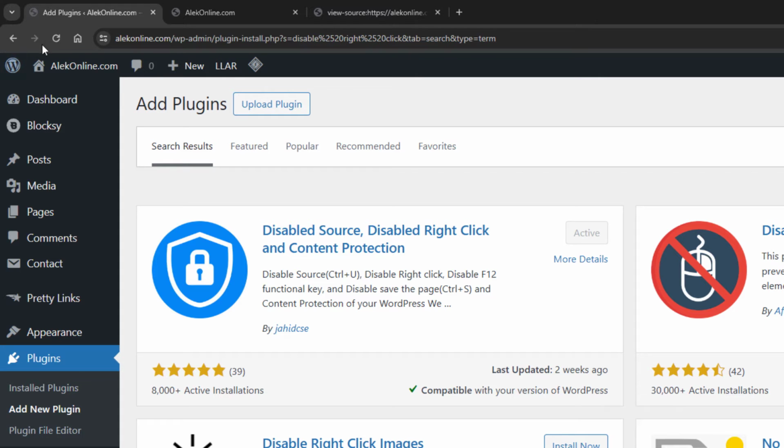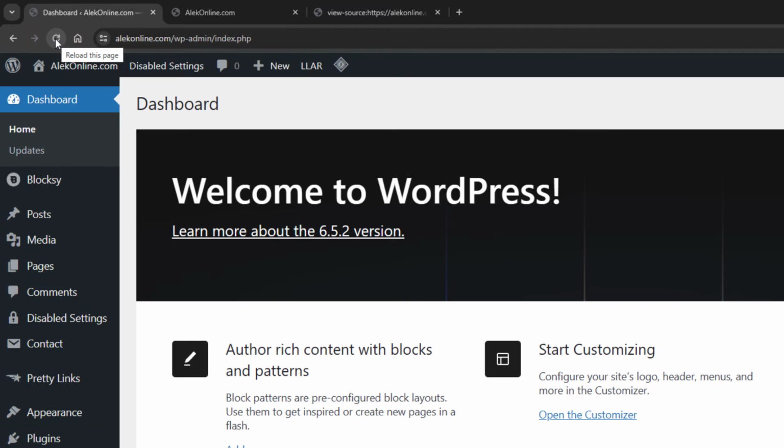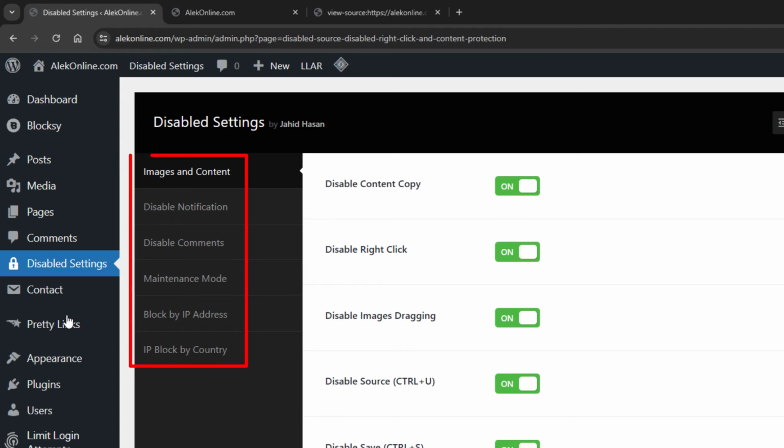If I reload this page, the newly created Disabled Settings section will be in the left column. You will find 6 different options this plugin provides when you click on it. I will leave everything as it is, and to see if it works, you need to be logged out of your dashboard. But if I open my home page in the new incognito window,